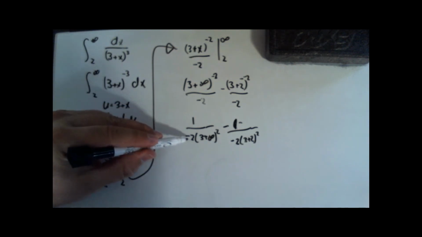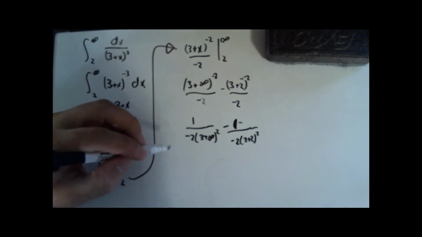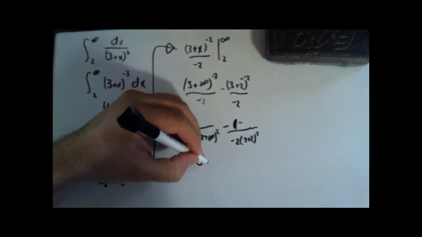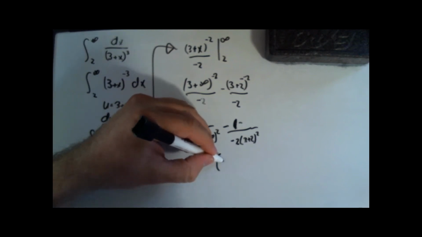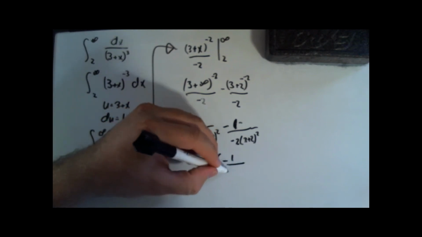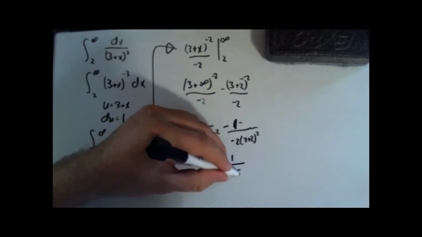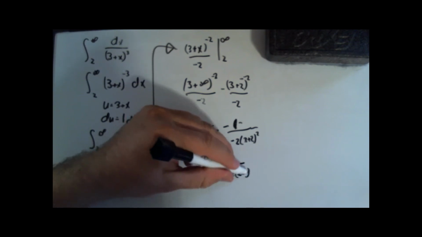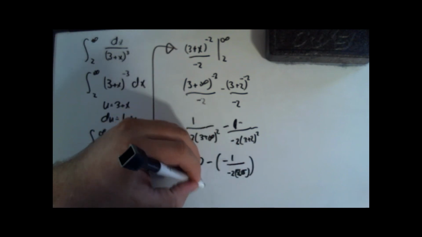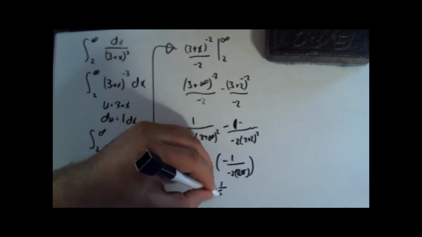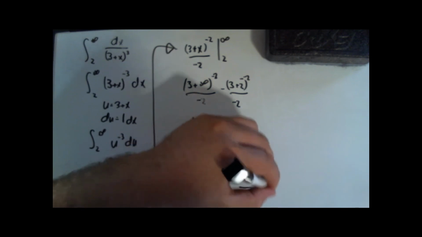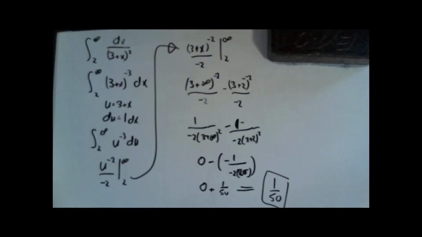1 over a very large number, or a very large negative number, is going to be 0, minus negative 1 over negative 2 times, that should be a 25, and that's going to be 0 plus 1 over 50, which will equal 1 over 50. Same answer. It is probably more simple to do it this way,